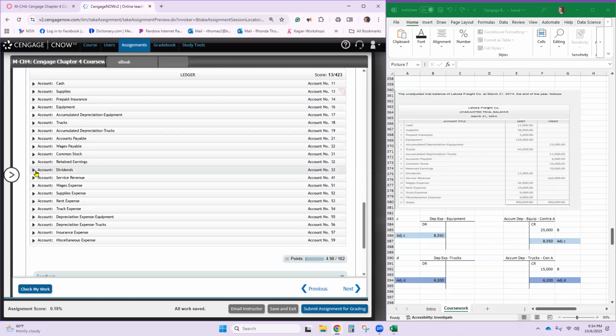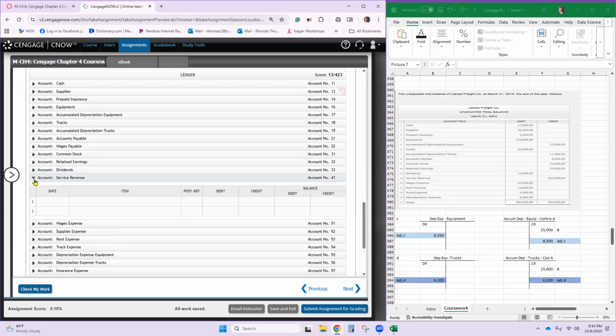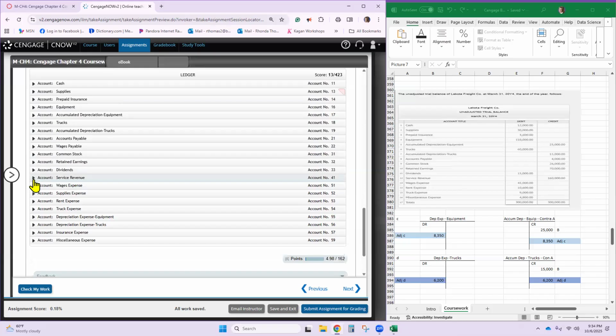Service revenue has a balance of $160,000. Wages expense has 45,000.